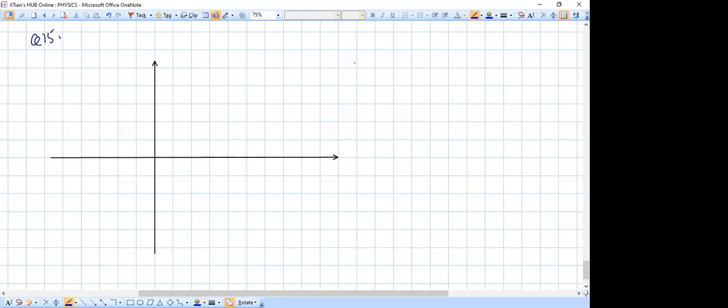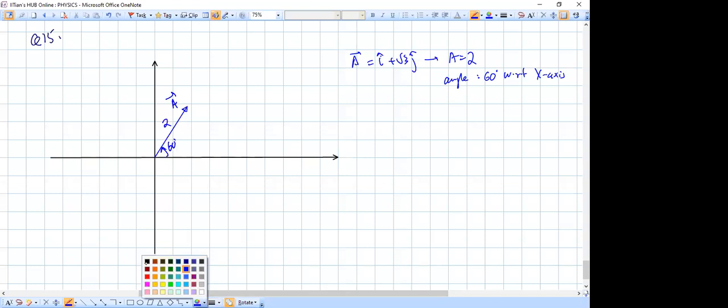So since A is given as I cap plus root 3 j cap, you can see that magnitude of A is 2 and angle is 60 degrees with respect to x-axis. Tan inverse root 3. So the vector A is in my diagram something like this, let's say. Its magnitude is 2 and this angle is 60 degrees. Okay. Now in the same diagram, I have to construct a vector B